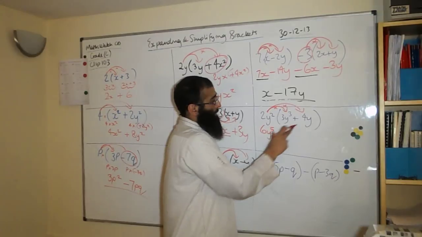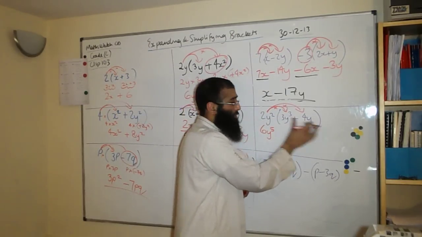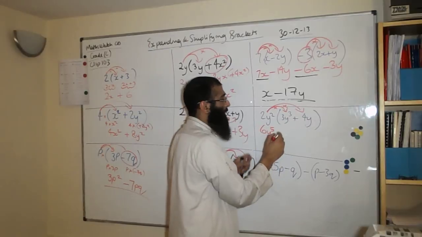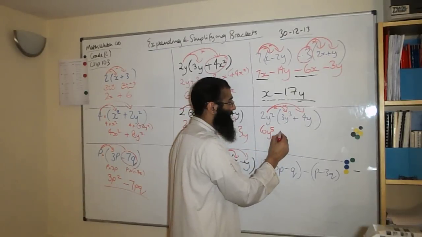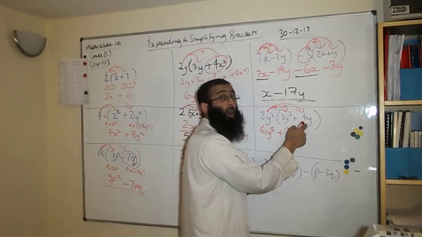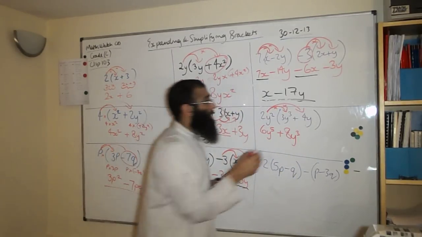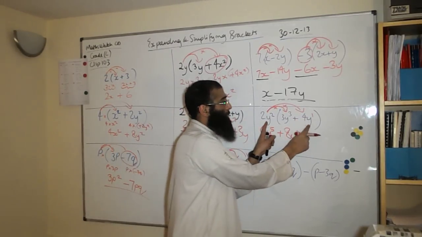Now, the next part. So 2y squared, we're going to multiply it by 4y. So we multiply the numerical parts first. 2 times by plus 4 is 8. Y squared times by y is going to give us y to the power of 3. Because that one already is the power of 1. Y squared times by y to